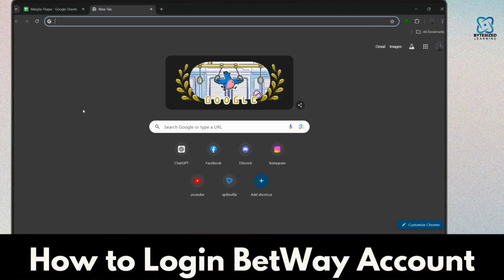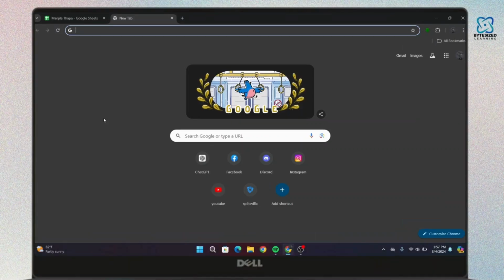We can log in to a BetWay account. So let's get started. First of all, on your laptop or desktop, open up any web browser that